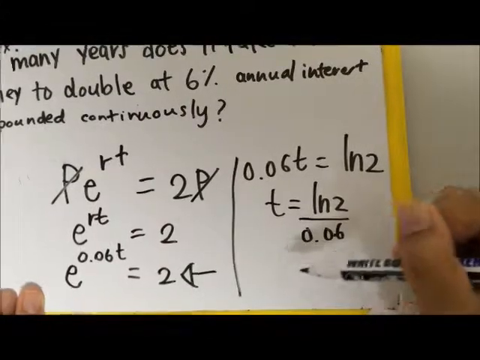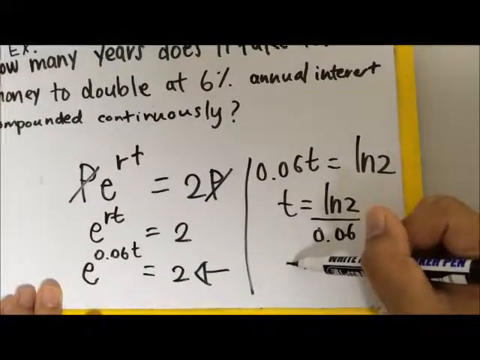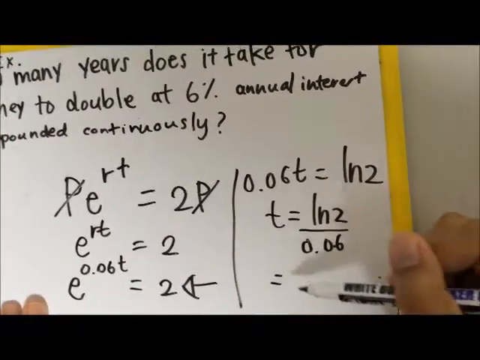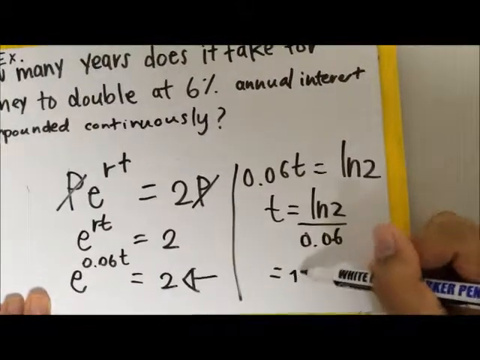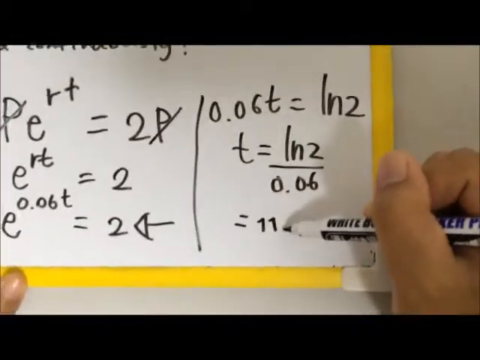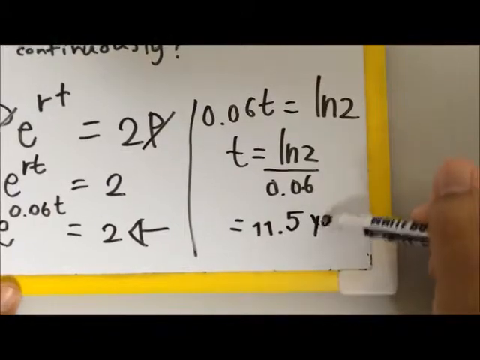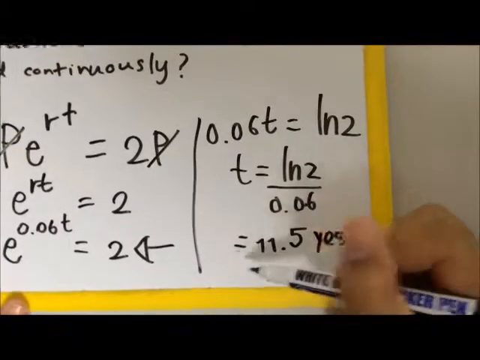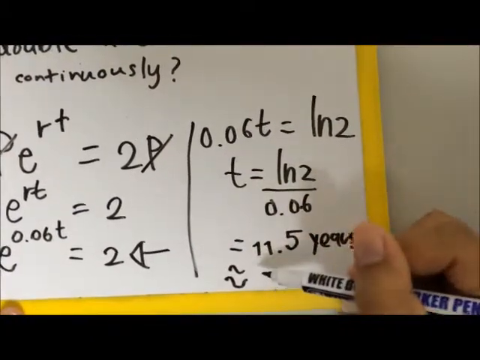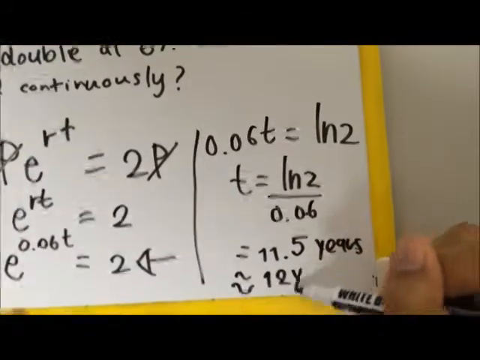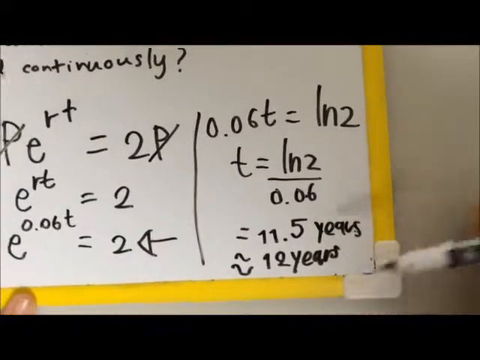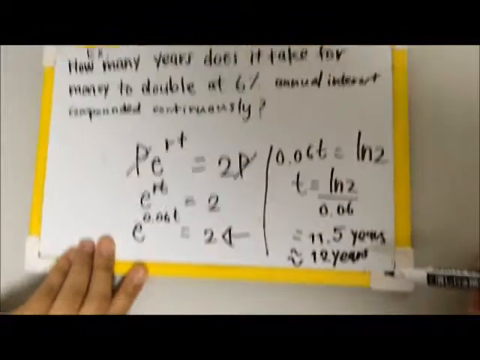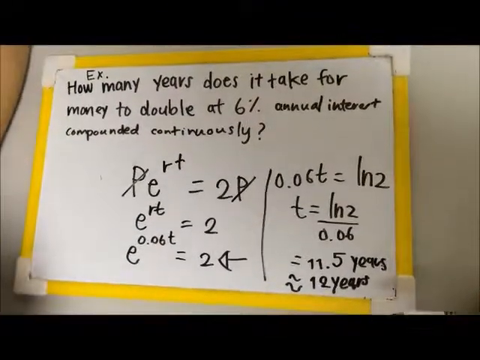Calculating this with a calculator, the result comes out as 11.5 years, which is about 12 years, meaning the initial amount of money will double